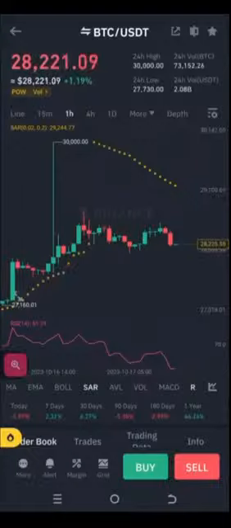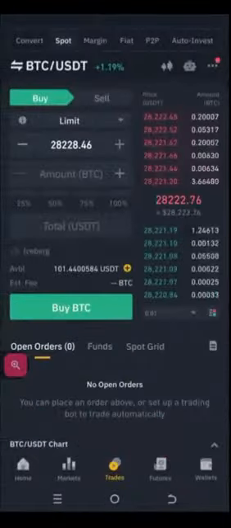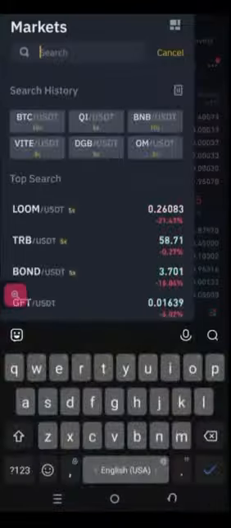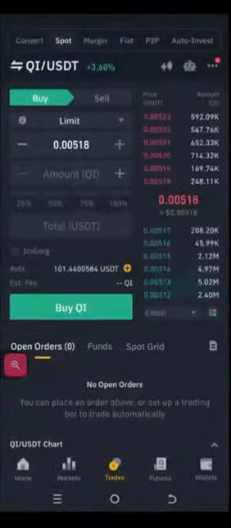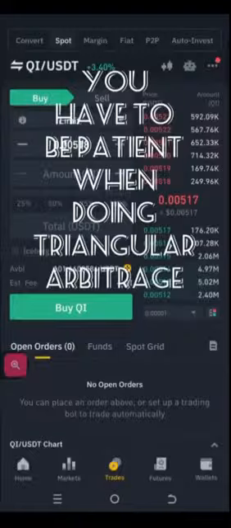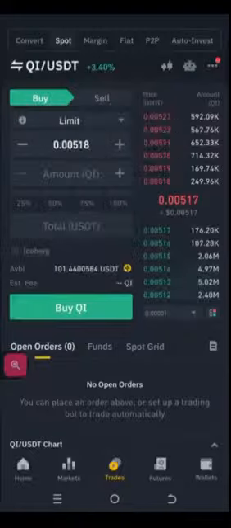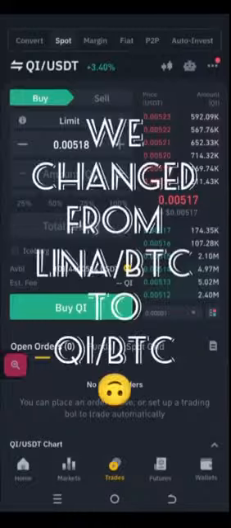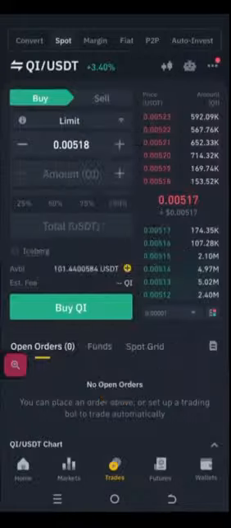But anyways, it's not about BTC. It's actually about QI USDT, and that is our triangular arbitrage. And it's good. We were able to make money. But let me tell you something. You're doing triangular arbitrage, you've got to be patient, because you never know when it's going to come out. The reason why this took quite long, about 9 days, was because of the bloodbath that happened, and we had to change from Lena BTC. Remember, go all the way, change to QI BTC, and then sell for profit in QI USDT. So it took a long